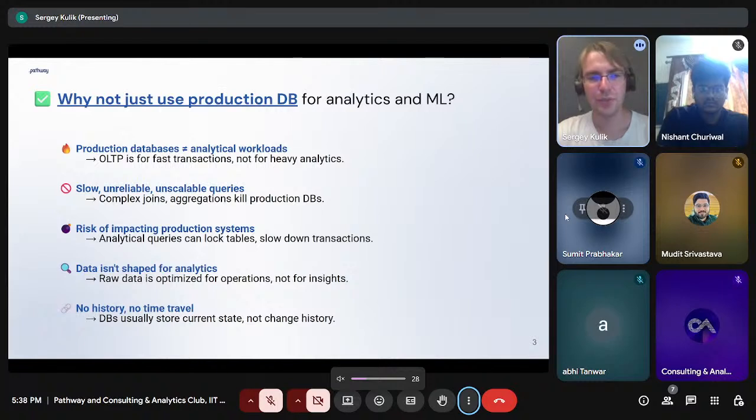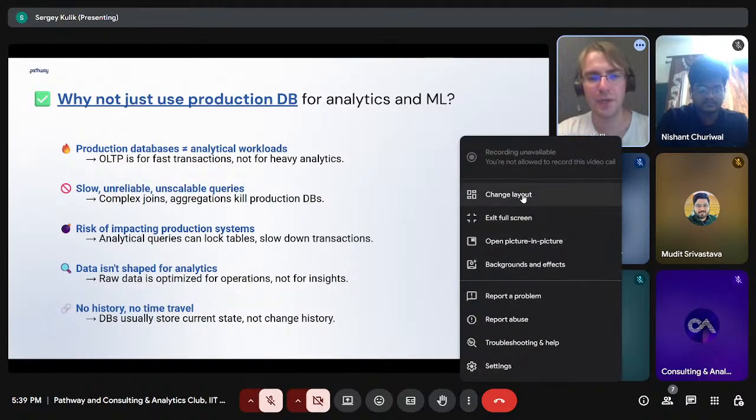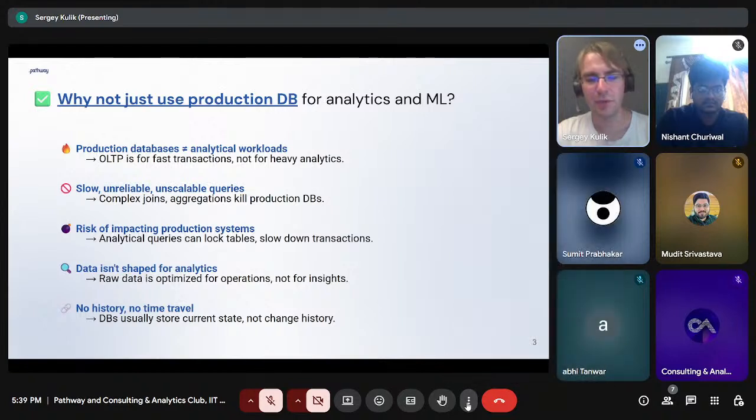And they cannot because the developers for the backend and the analysts and the machine learning engineers have different tasks and different modes of operations. So if we take production database, we cannot just use the data from the production database to perform our analytical tasks. There are several evident reasons for that. One of those is that we often use the production database to store some metadata, for example, about the orders, about the users, and so on.